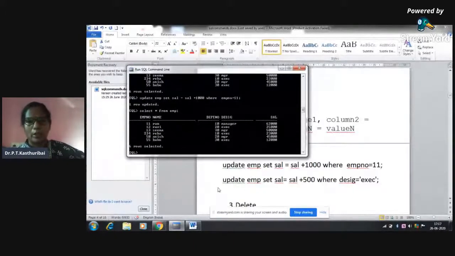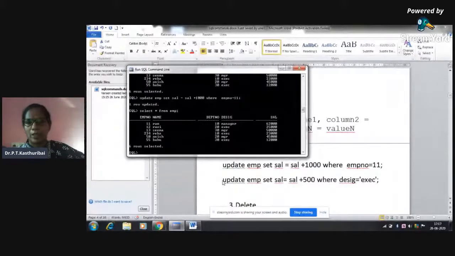Supposing you want to give an increment of 500 to the people whose designation is executive, you can give update employee, set salary equal to salary. The column name here I have specified as sal, so here I will specify it as sal. If you are giving it as salary, give it as salary.